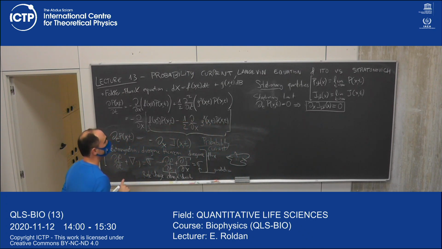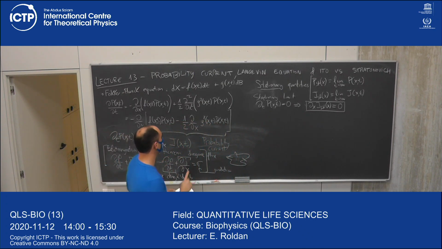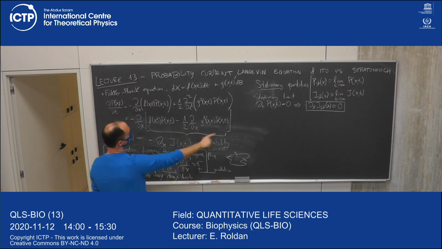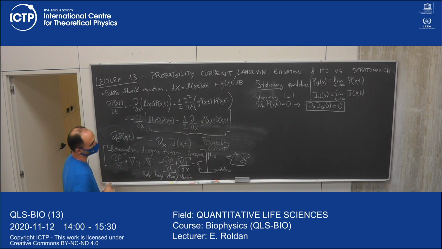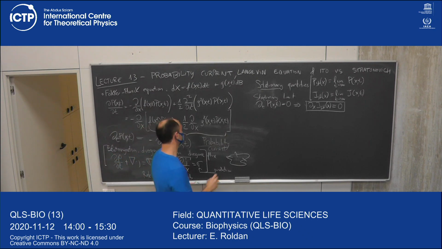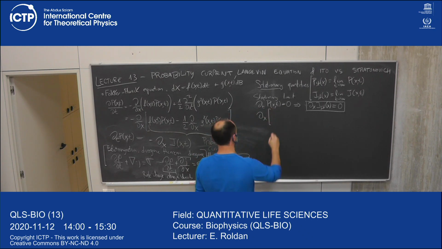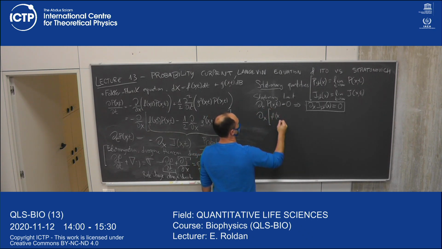And secondly, it implies that we can get from this equation the stationary probability. So when t goes to infinity, this doesn't change. This is 0, so it means all this equals 0. So we can get from here the stationary distribution. The stationary distribution obeys this equation: partial x of f(x)